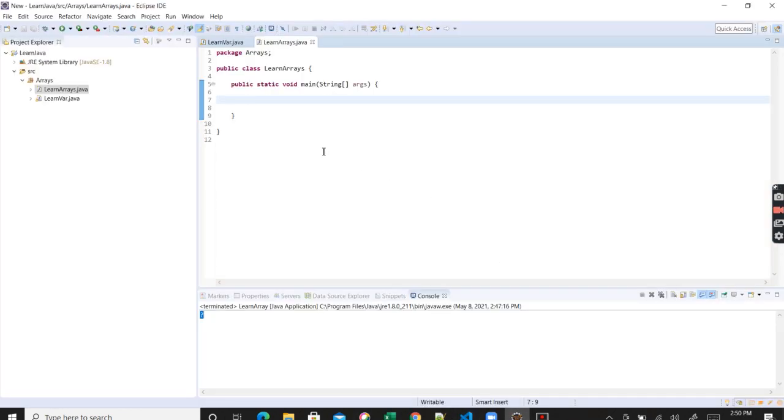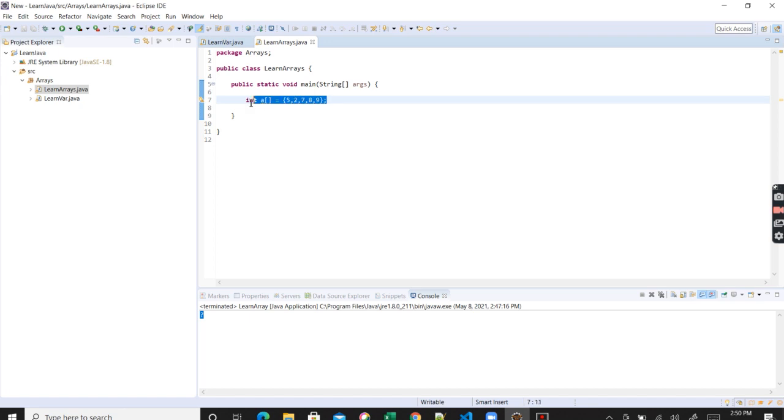Let's say I will create int, and then I'm giving a name as a. After a, I will give the square bracket, which will tell the compiler that we are creating an array, and I can give, let's say, 5, 2, 7, 8, 9.